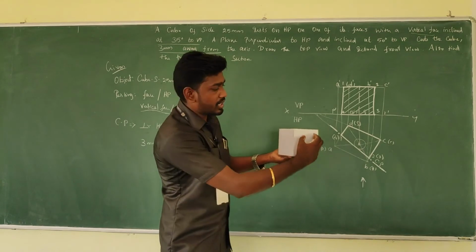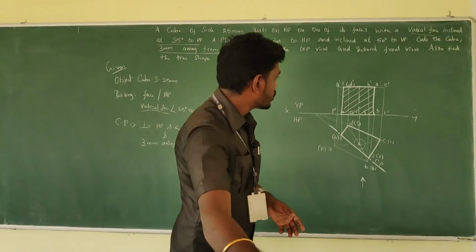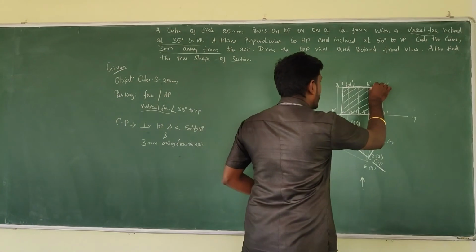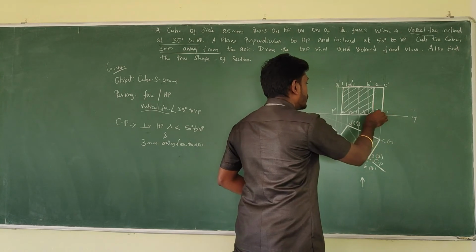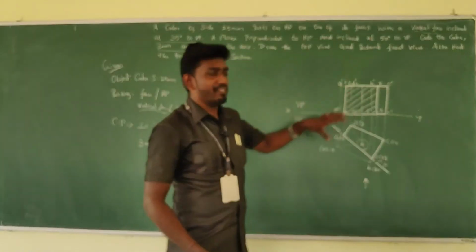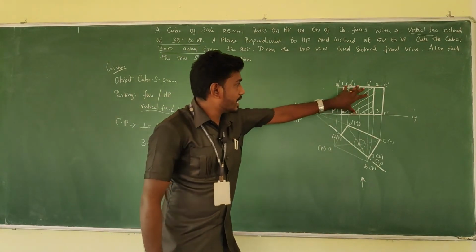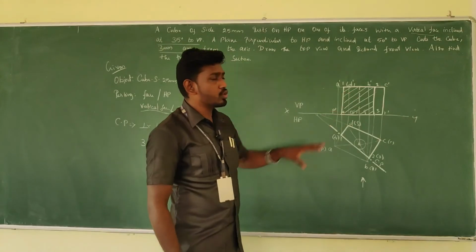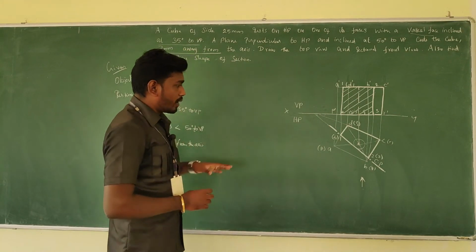Here some portion is there, right? So that particular portion is visible from the front view as well. That portion you need to mark as a dark one. So this is a dark one as well, but you should not provide hatchings, because only here the cutting plane is influencing. Okay, this is the area where the section happens. So here only we need to make the hatchings. Okay, fine. What is next?